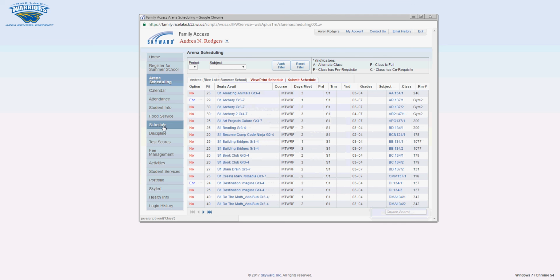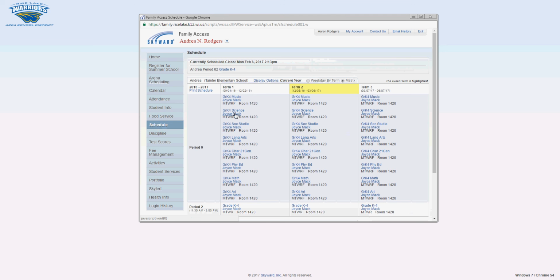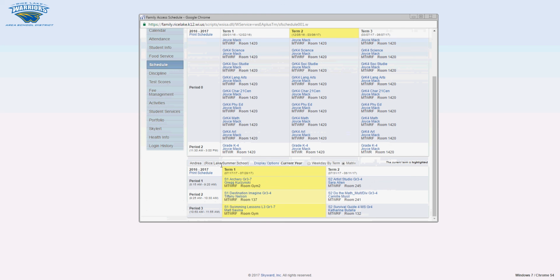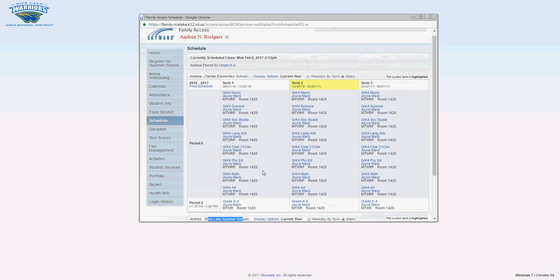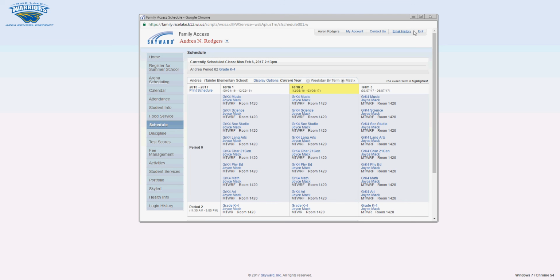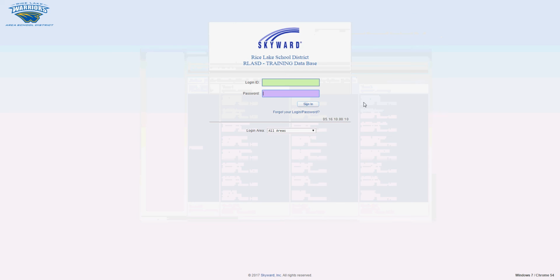class. I can come back out here to my schedule, and I'm going to see, since I'm already at Tainer Elementary School for the current year, I need to come down to my summer school, and I can see my schedule for the entire summer school. When I'm finished, I then go to arena scheduling to pick the next student. If I have multiple students, I finish the same process for the next student. And when you're all done, you can exit this process, and you'll be done with the registration and the scheduling